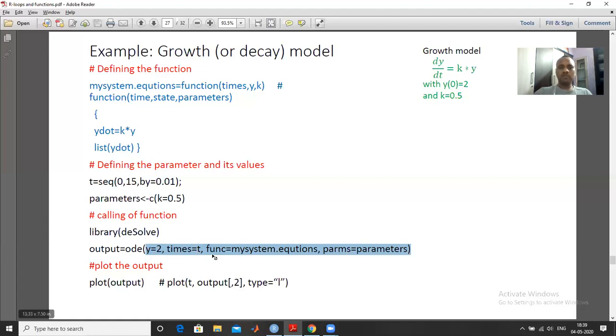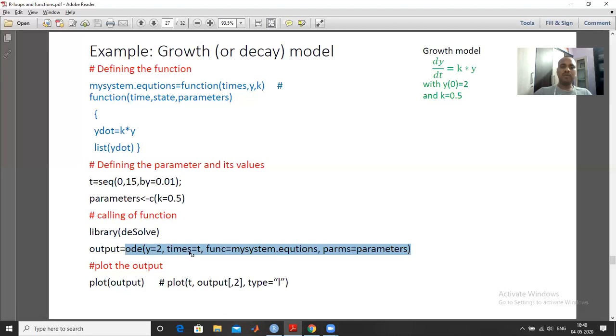If we use the same order, there is no need to write y, times, func or params. But we can write it here explicitly to explain it. So y is equal to the initial value. What is the initial value here? It is 2. So I have written down the initial value. Or you can define y0 equal to 2 and y equal to y0.